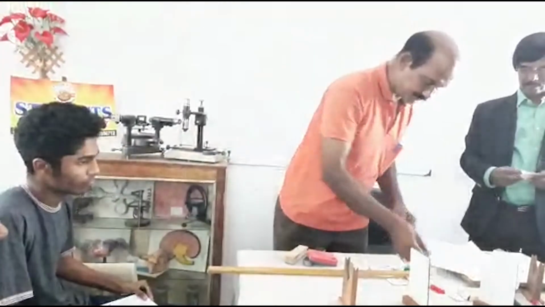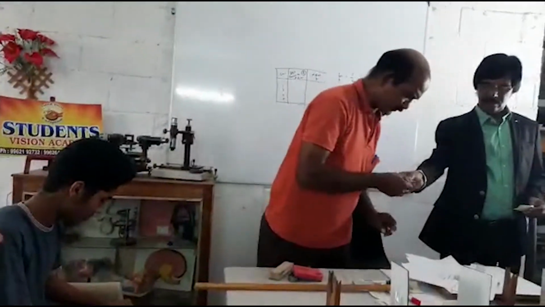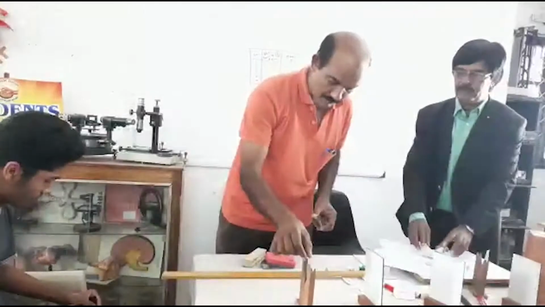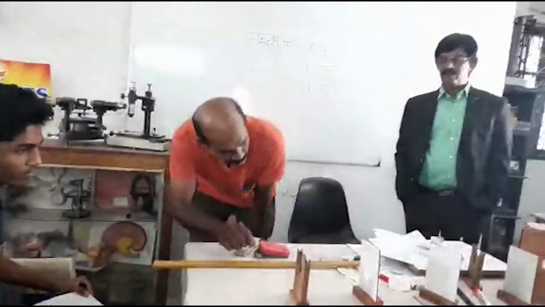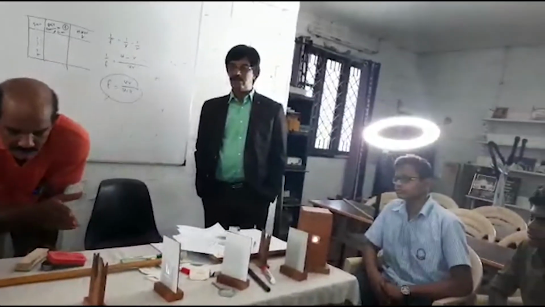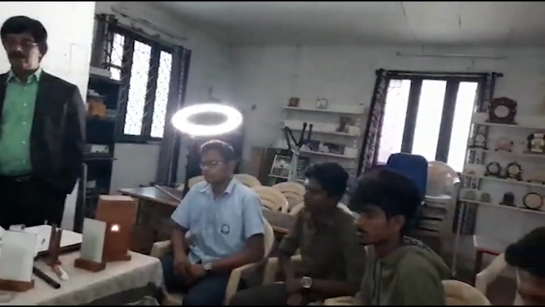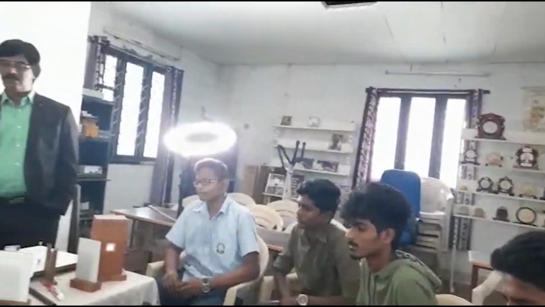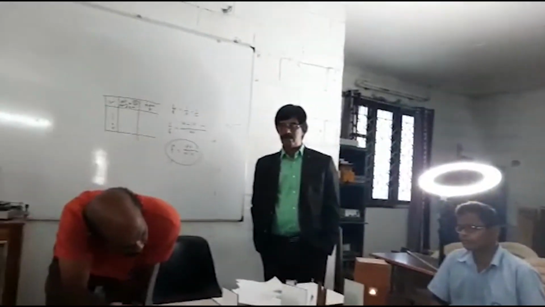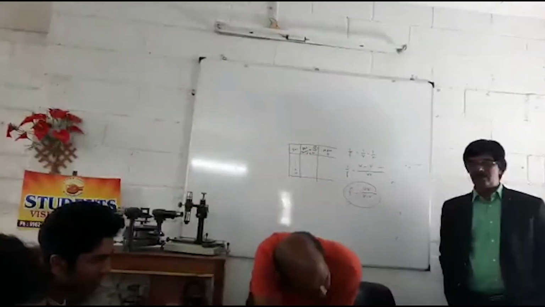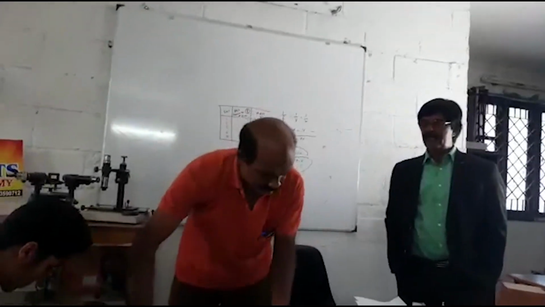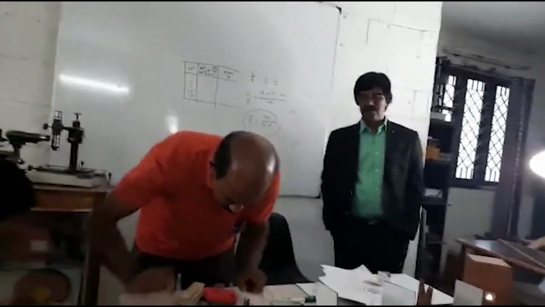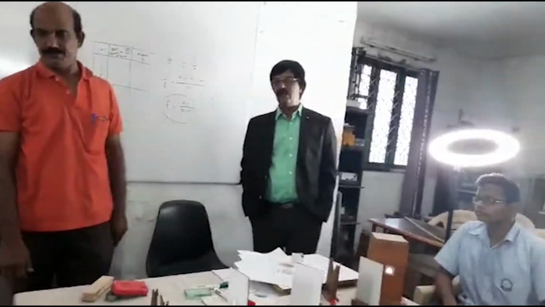I will show you one more lens. We have changed the lens now. Now the image is not clear. That means this lens has a different focal length. Okay. Clear now? Just measure. No need of taking readings, just to know, that's all. What is that? This is 22. The focal length is 22.